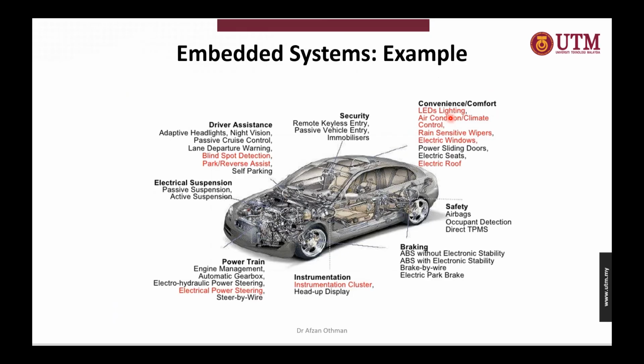Now we have LED lighting, and then there is the climate and air condition control. That is one of the embedded systems, with which you can control the temperature of your air conditioning,